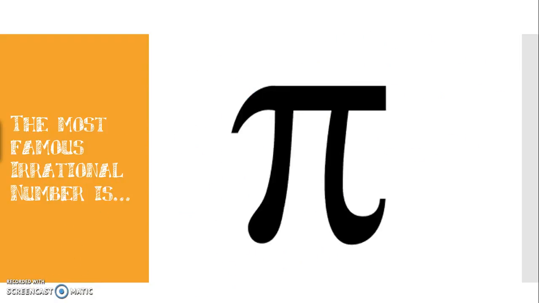And here we go. The most famous irrational number of all. Today we are meeting a celebrity, my friends. You may have already met him in your algebra class, but that's okay. There we go. It's Pi. He's going to get some sunglasses because he is famous. This is a very famous number here.